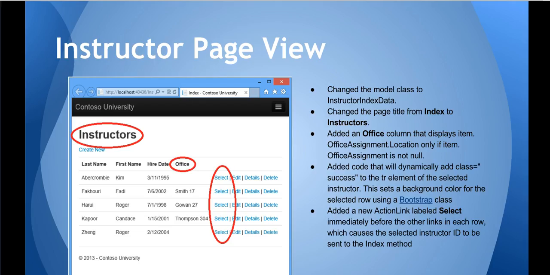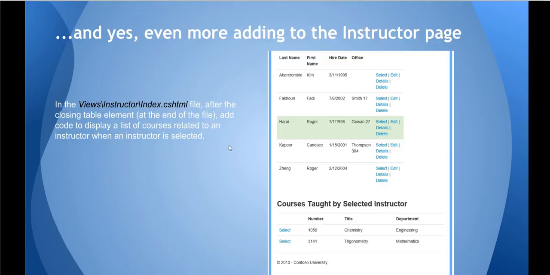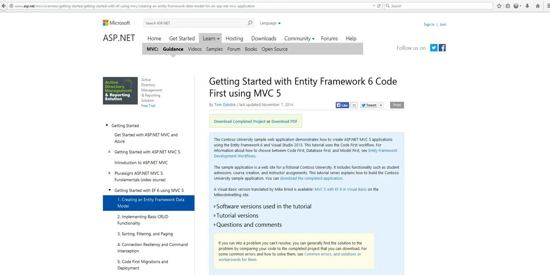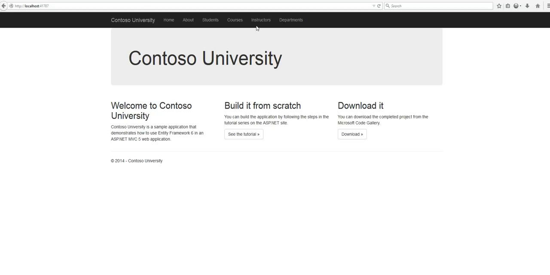And let's see, moving forward here. So again, we're going to add some more onto the instructor index view. Let me pull up the site here. So if you pull up the instructors here,